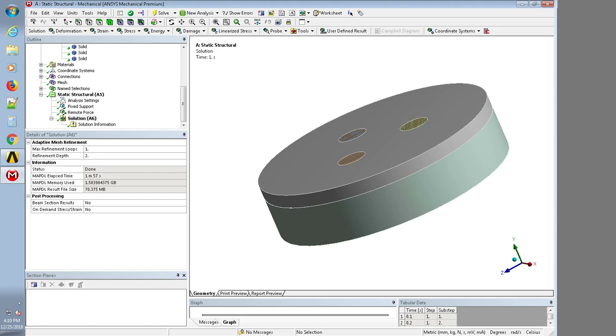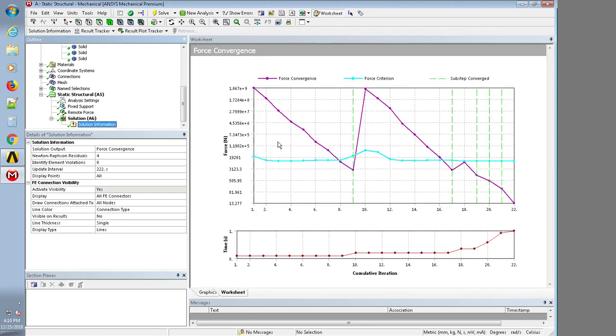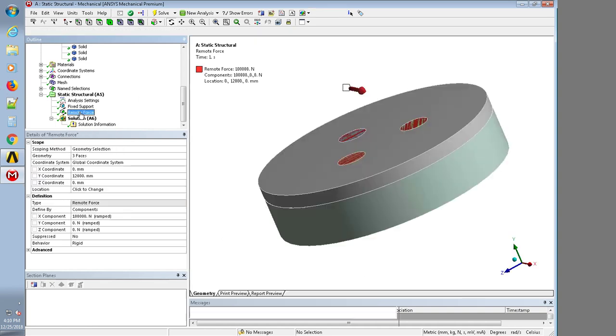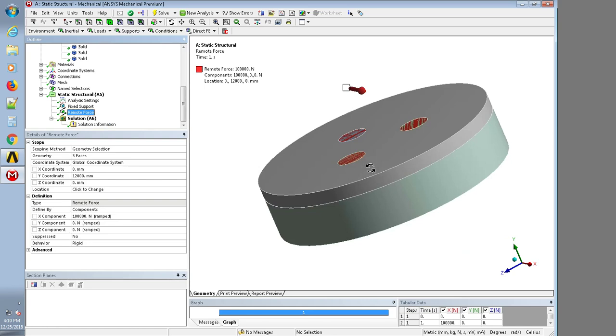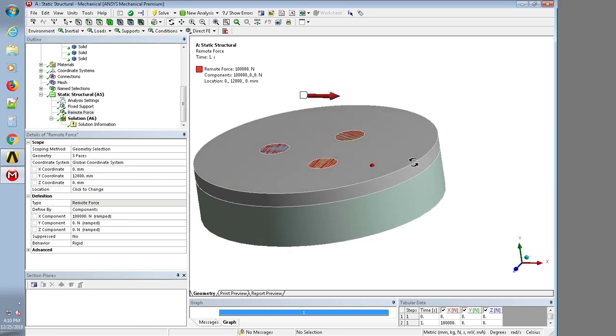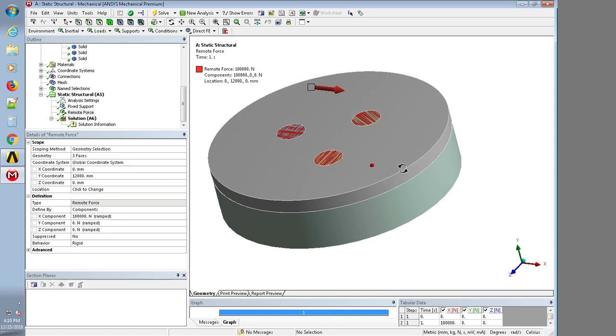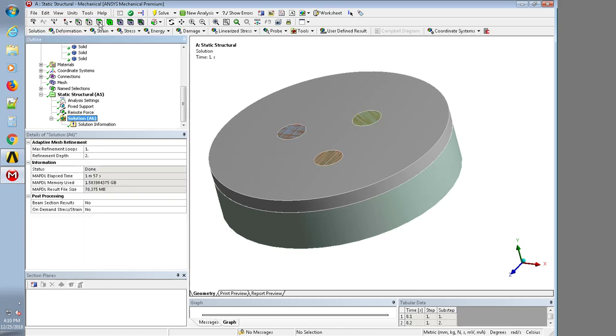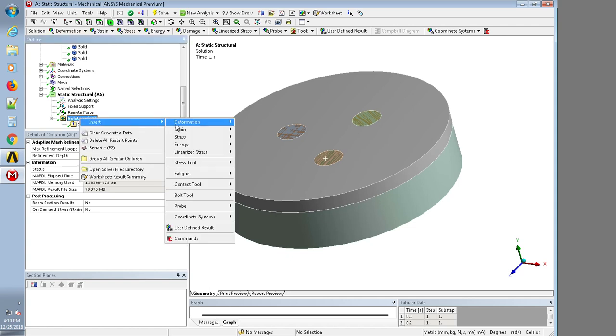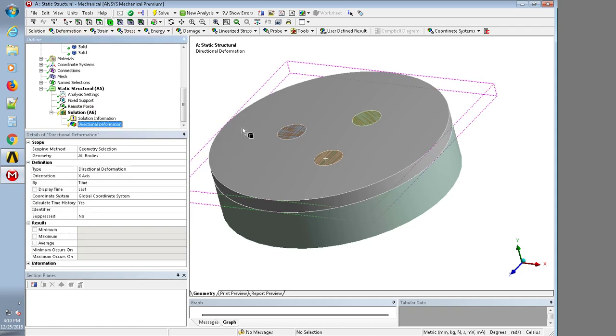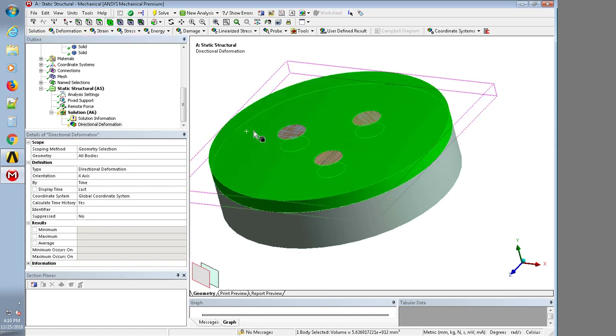Okay, we are at part 5 of this video, and we have seen that we've done a complete solution for a specific amount of load on this 3 bucket system. And let's look at some results now, which we can pick bodies with the body filter on here, and let's insert maybe some directional deformation and pick these 3 bodies on the top, or the 4 bodies on the top,